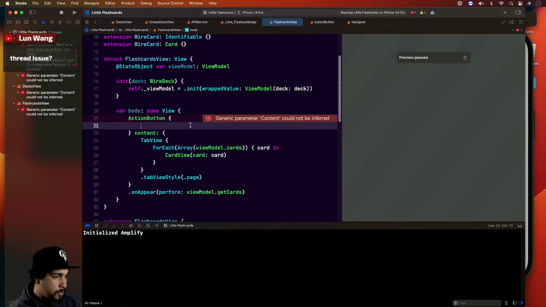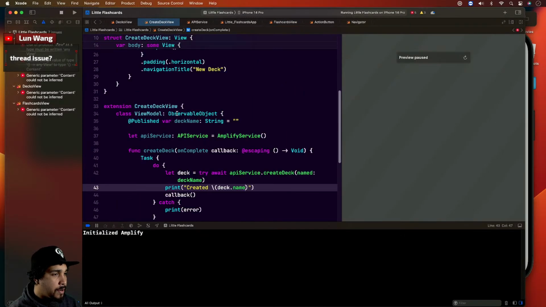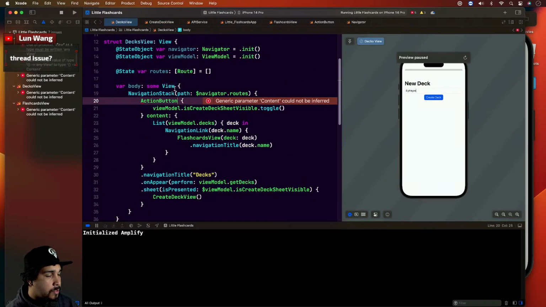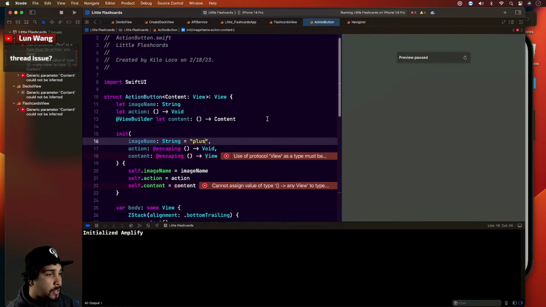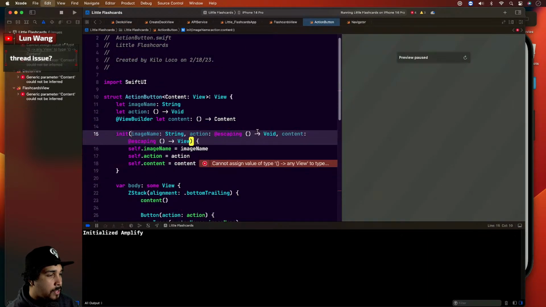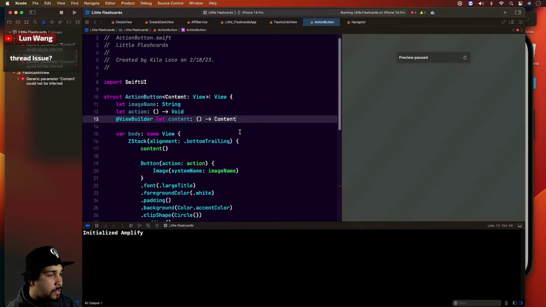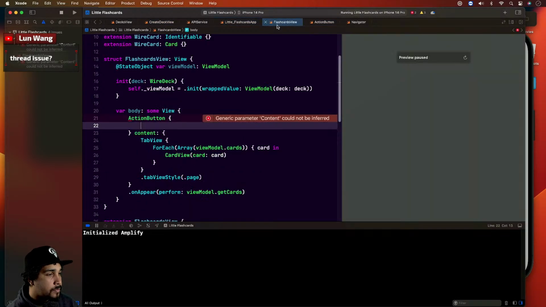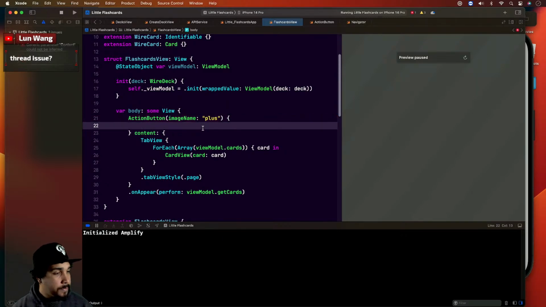Content could not be inferred. You can hold your horses. Generic. Ugh. Leave it like that. Forgot that it does weird stuff like that. Okay, that's fine. Like that is fine then. Anyway,